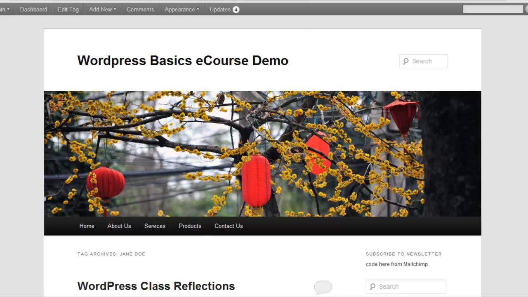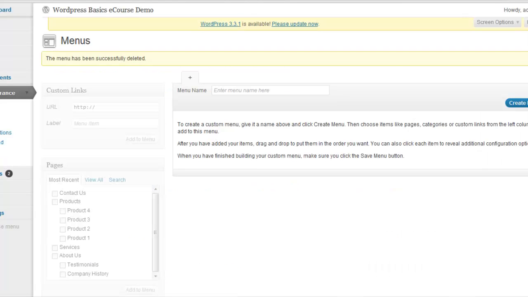I'm going to go back over here to our dashboard. I'm under Appearance, and I have clicked on Menus. We're on a screen that you haven't seen before. Sometime after WordPress 3.0, I can't remember which version, they introduced this feature called custom menus. And it's really neat because, if you remember,